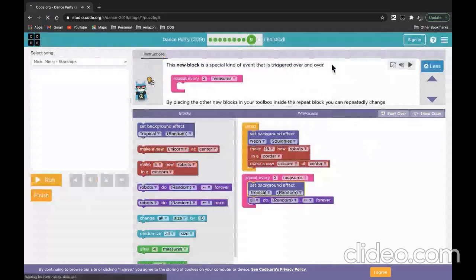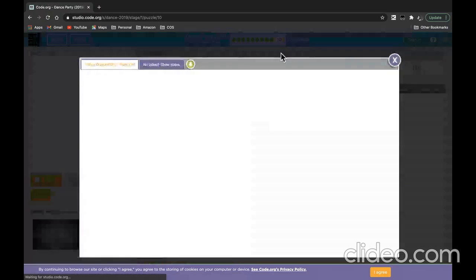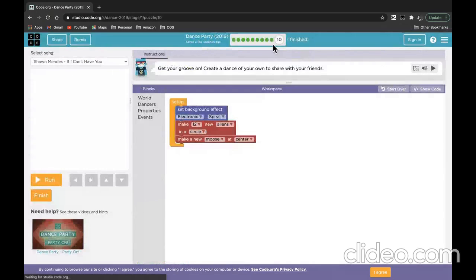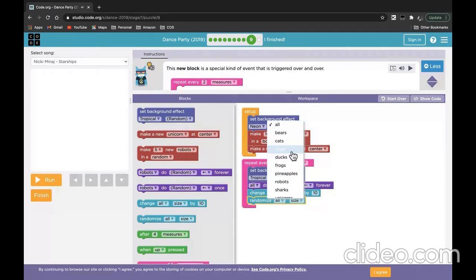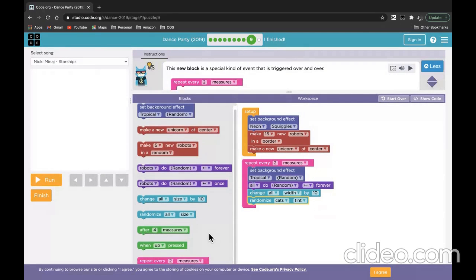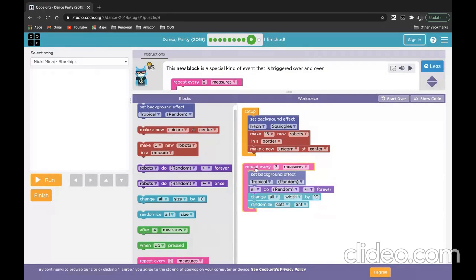So did you see we got a new button here, finish? That means we have to finish it by ourselves, and you can add anything. You can change all size to all width by 10. All width will increase by 10. You can randomly say every cats will increase its width, or every cats will tint. Okay, and so